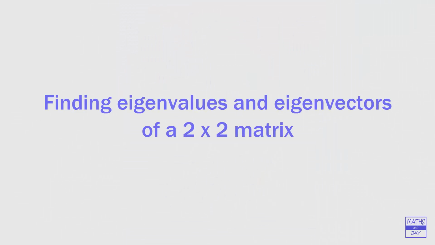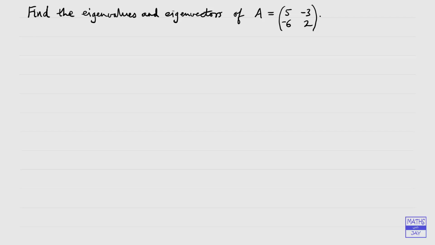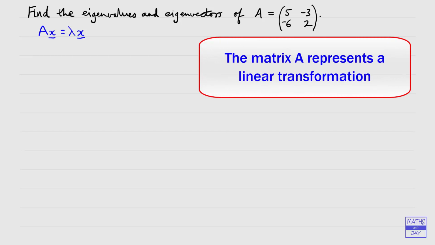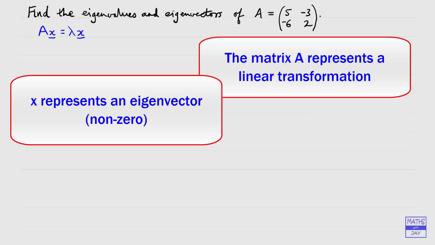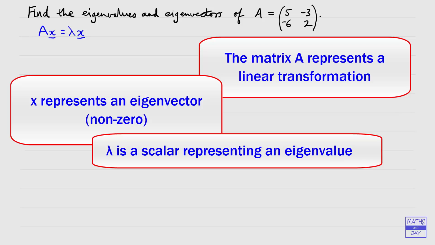So here we're looking at a 2x2 matrix and we want to find its eigenvalues and eigenvectors. What we're looking for here is position vectors of points which are mapped to scalar multiples of themselves by a linear transformation. So the matrix A represents the linear transformation. X represents a non-zero vector, so the vectors which satisfy this equation are eigenvectors, and the scalar lambda represents an